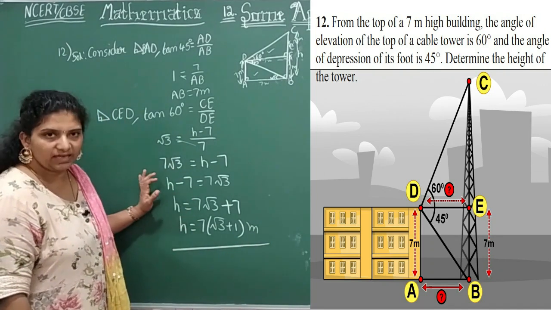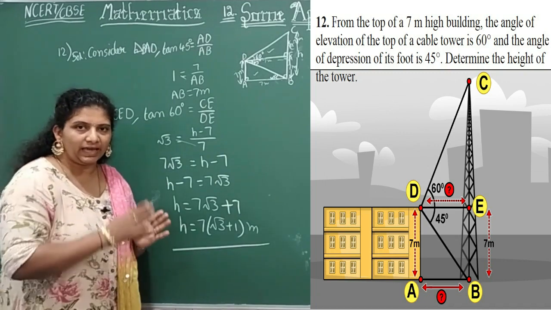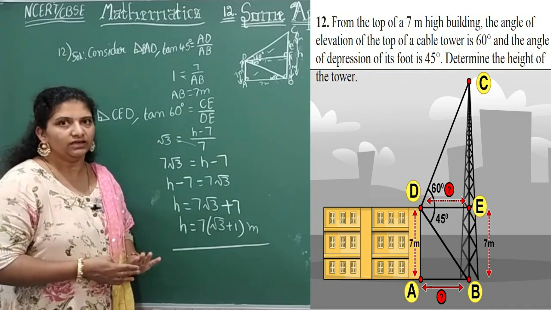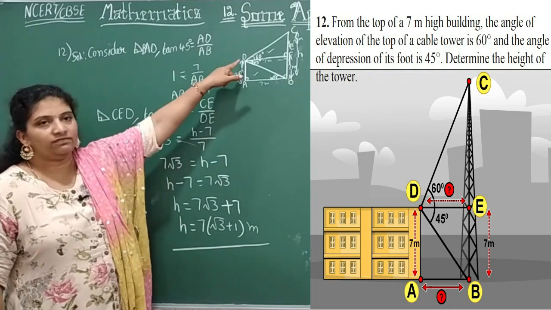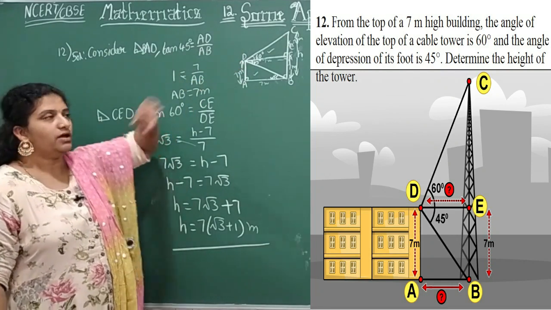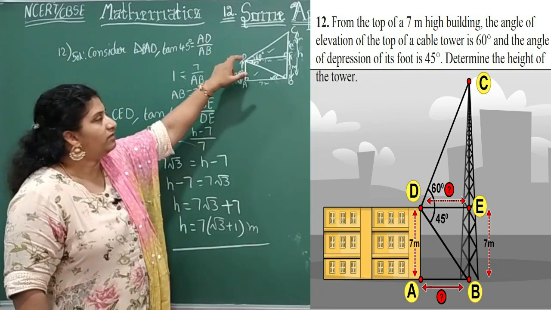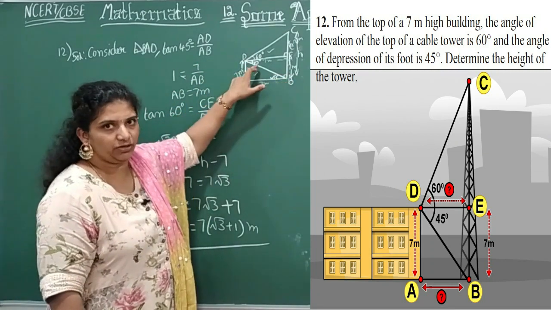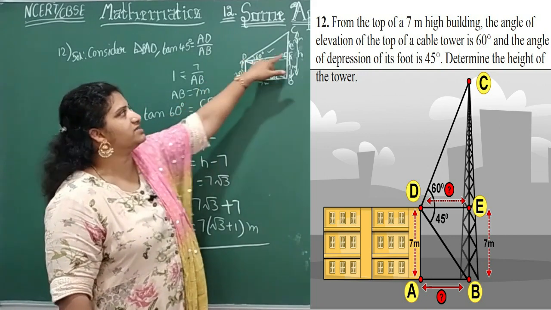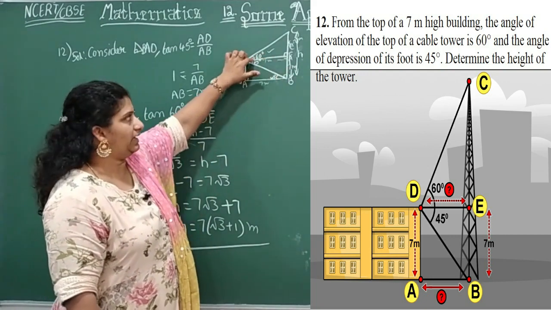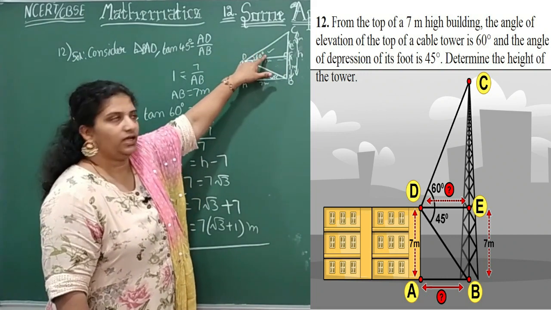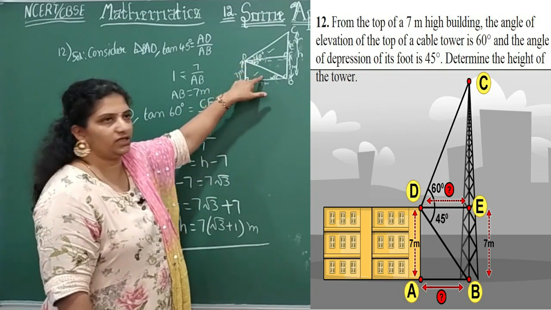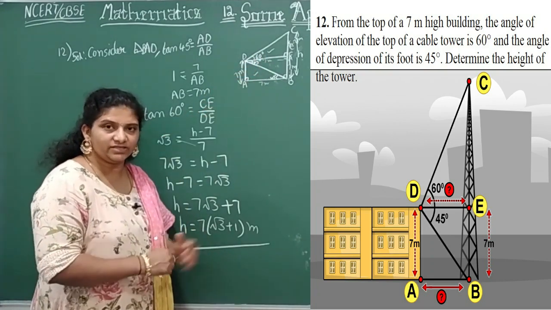So once again, look here children, what do you mean by elevation and depression? Elevation, no need of changing anything. Directly the angle of elevation and the horizontal line is enough. But whereas to do a problem for the angle of depression, if you are convenient to do like this, directly you can do, children. That also I am saying you can consider this right angle triangle, angle, opposite, adjacent. Here itself you can apply the ratio. No need of converting.